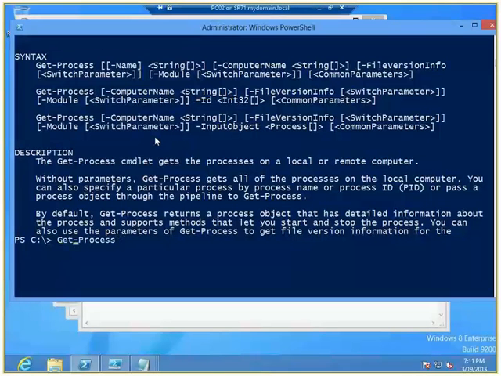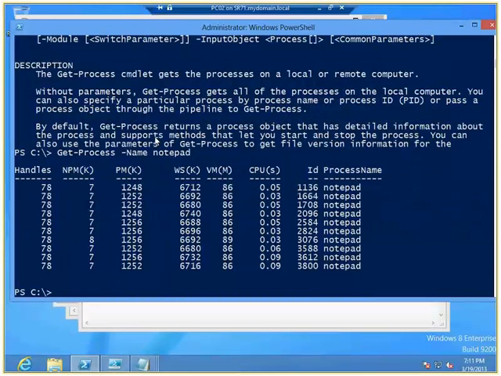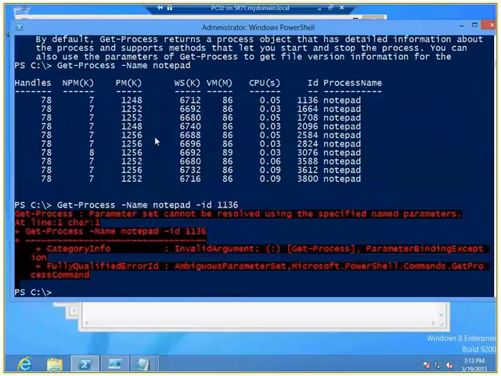So if we run Get-Process, the first one we wanted is name, but it is a positional parameter, so we don't have to specify that. Name is notepad, so we see our 10 notepads running there. Okay, so if I put ID in here and I did 1136, of course it's going to generate an error. You don't have to do it that way. You always want to try to filter before the first pipeline, but when it's not possible, filter after. So where ID is 11, and